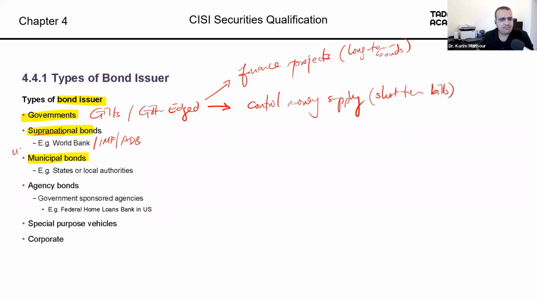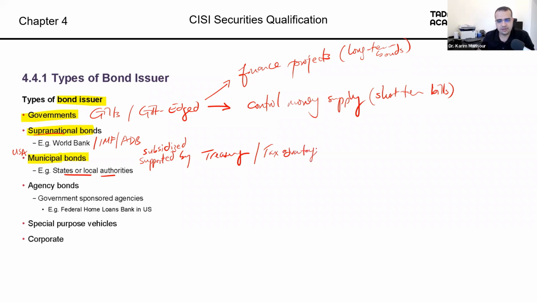These are most likely American municipal bonds, sometimes called munis, issued by states or local authorities. And these are usually supported by the Treasury, by the Ministry of Finance in the US. The Treasury helps with the payment of the interest. It's called subsidized by the Treasury, and has some tax advantages.